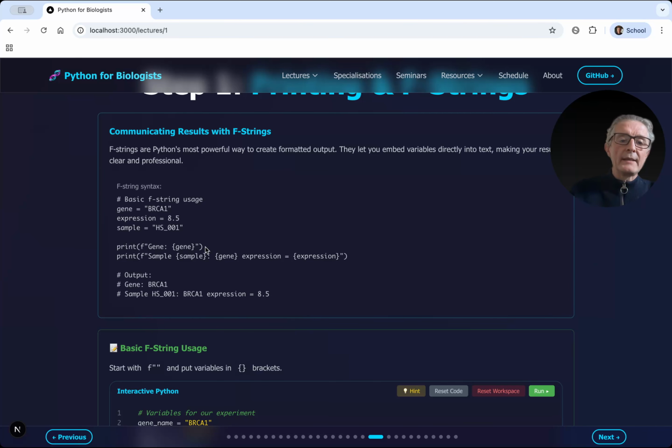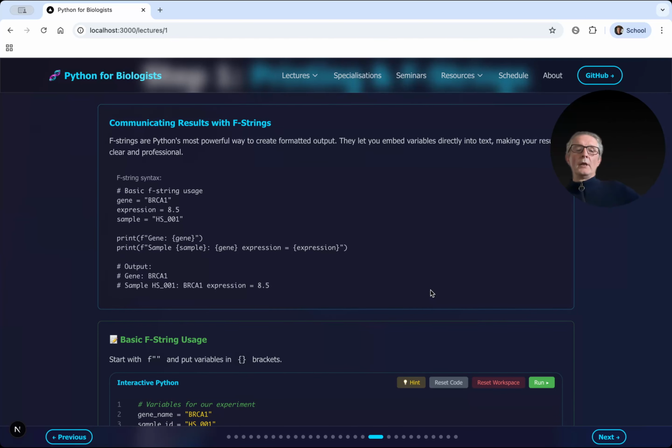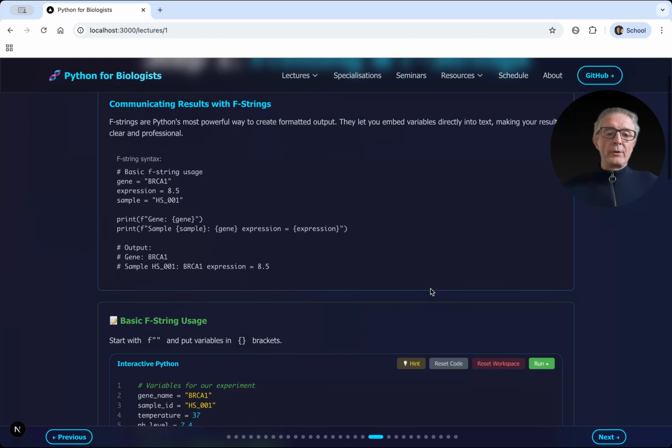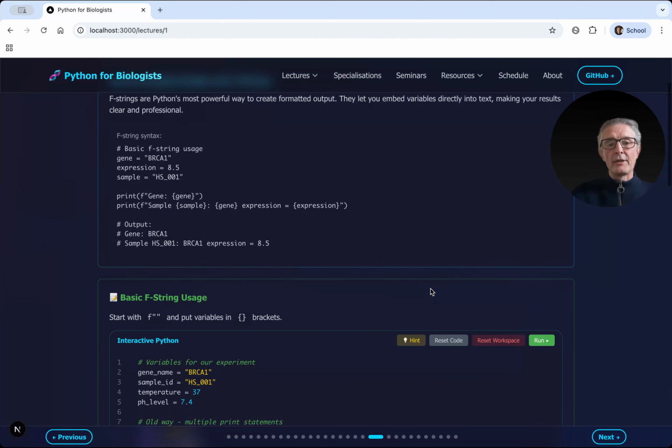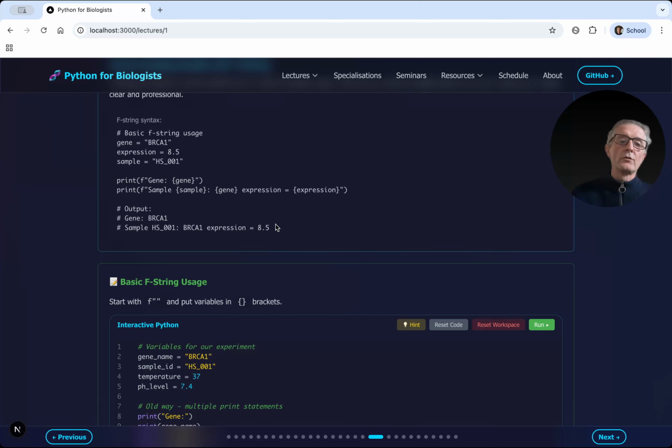But to combine these things in one string, you do it very simply by putting an f in the front. And then you can write your normal string that you would print. And for the variable, you just put the variable in between these curly brackets here. And that works very well. This is a relatively new feature that was introduced in Python 3.6, but it's very useful, and we use it a lot to just provide